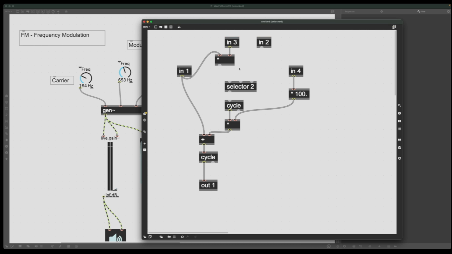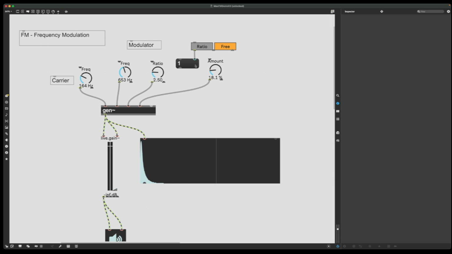So here's going to be the ratio control. That'll go into the second inlet, and the free control. That'll go into the third. And then we need to grab another inlet, and that is going to be for that radio group we created. So that'll come over here, come to the selecting portion for the selector, and that will go into the frequency inlet for our cycle object. So if we get rid of that,